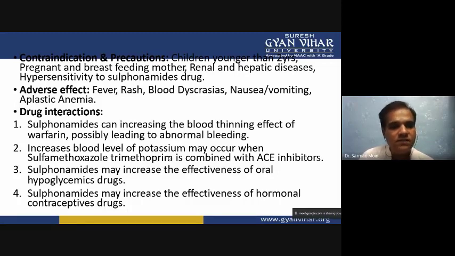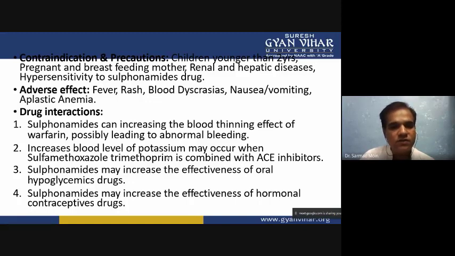Now, how do sulfonamides interact with other types of drugs? Sulfonamides can increase the blood thinning effect of warfarin, possibly leading to abnormal bleeding. So when we give sulfonamide and warfarin in combination, there is an increased blood thinning effect, and that's why we do not give the combination of warfarin and sulfonamide to the patient. Then increased blood levels of potassium may occur when